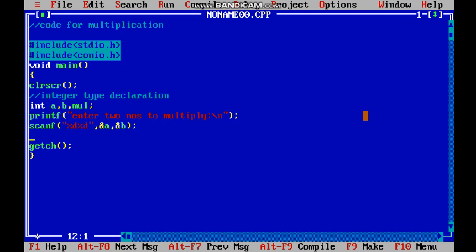So the algorithm would be A into B, but in variable mul we will define A asterisk B, which means A multiplied by B, right?